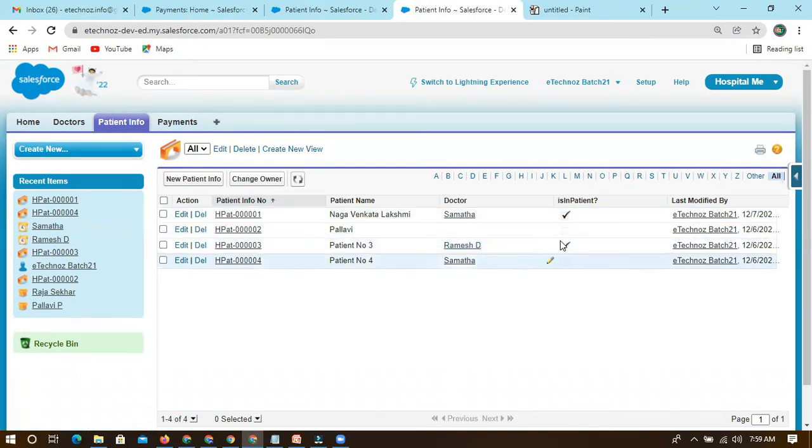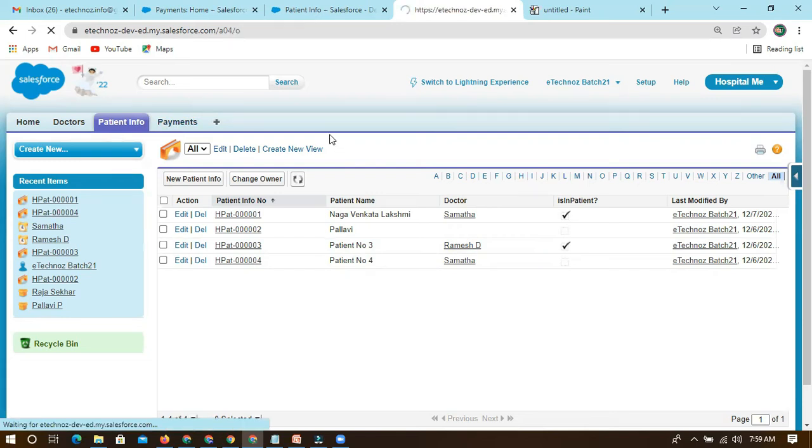So we can also modify like this, right? So this is clear, right? Do you have any doubts till now? Anyone having any doubts? So we have created one relationship today, payments, and we connected patient info.